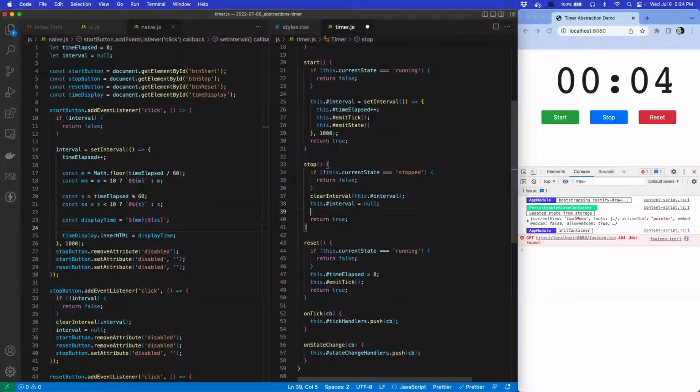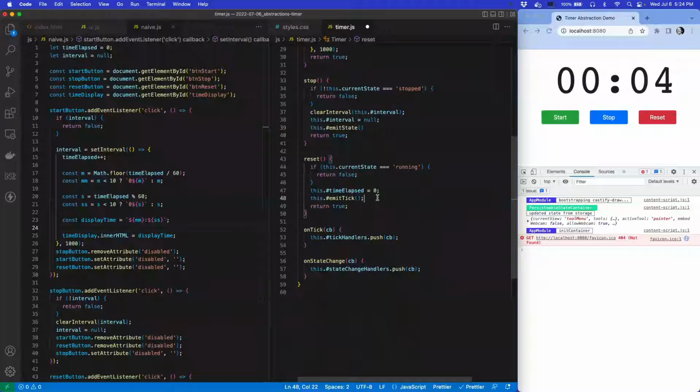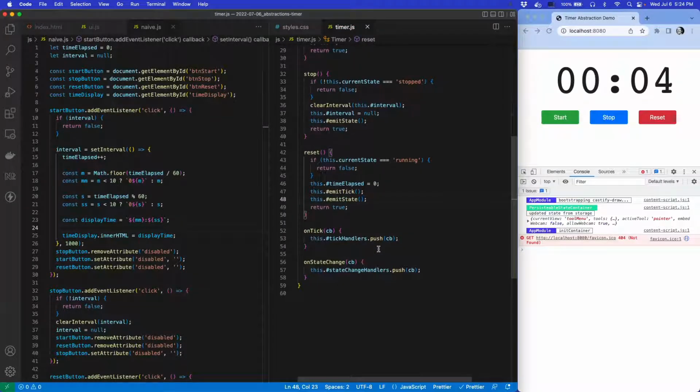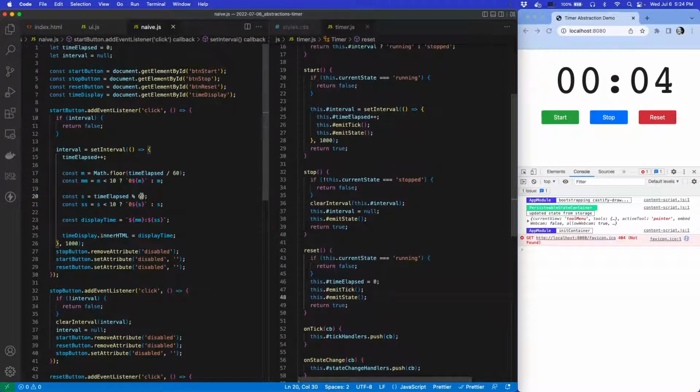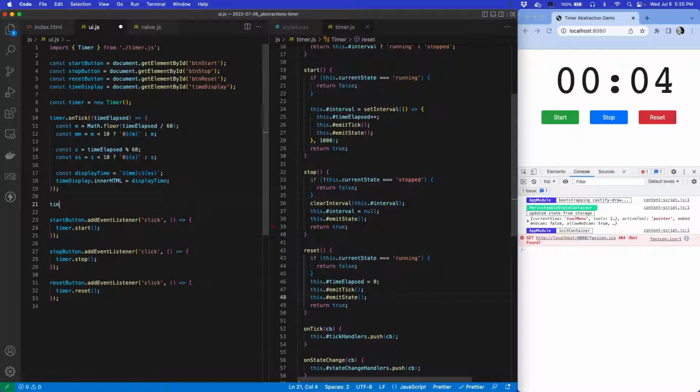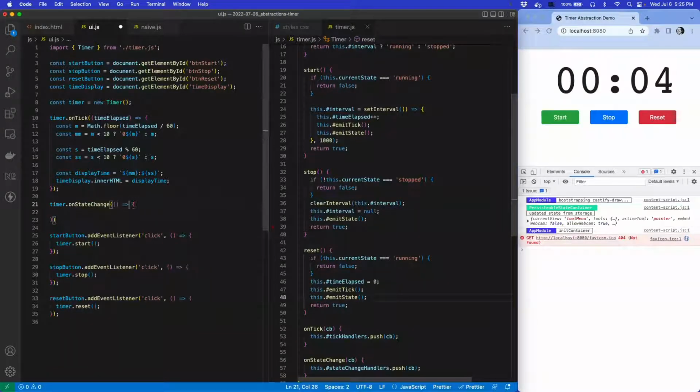Similarly, stop this dot emit state and reset. Reset doesn't really change state, but it's not going to hurt anything. We'll say this dot emit state, which means that in our UI, if we go back here, we can say timer dot on state change, state